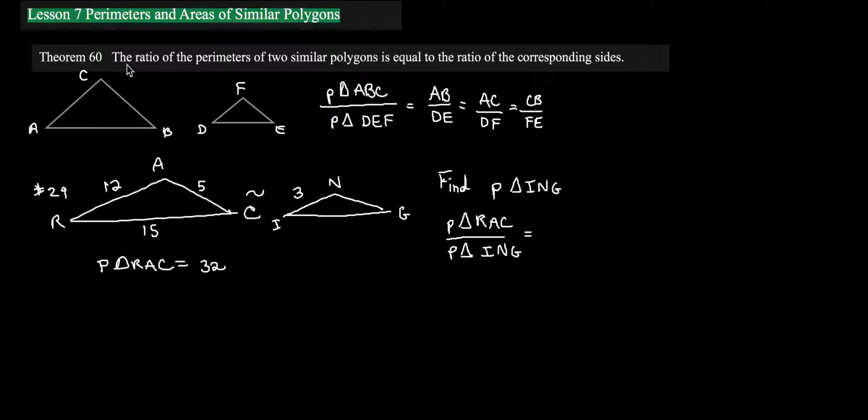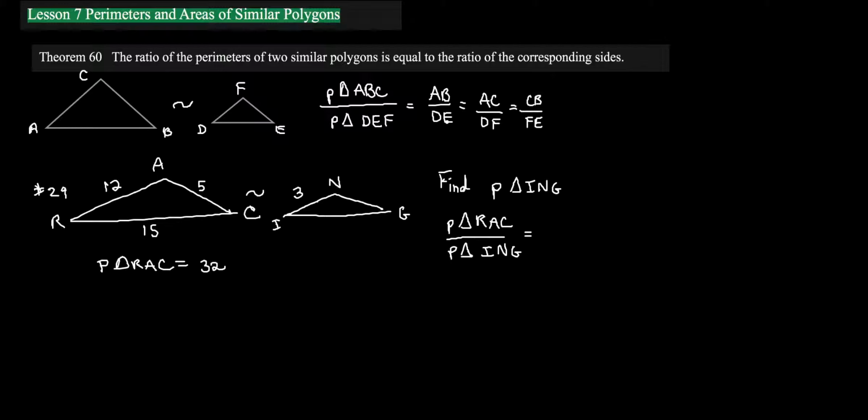Theorem 60 says the ratio of the perimeters of two similar polygons is equal to the ratio of the corresponding sides. And again, let's put it into English. We have two similar polygons. It doesn't have to be triangles. It could be rectangles. It could be any sort of polygon. But if two polygons are similar, the ratio of their perimeters is equal to the ratio of